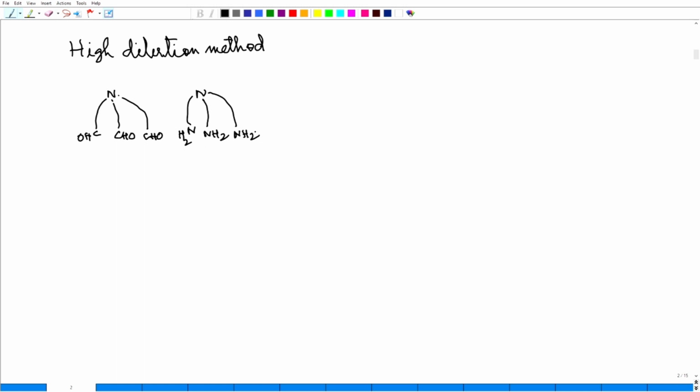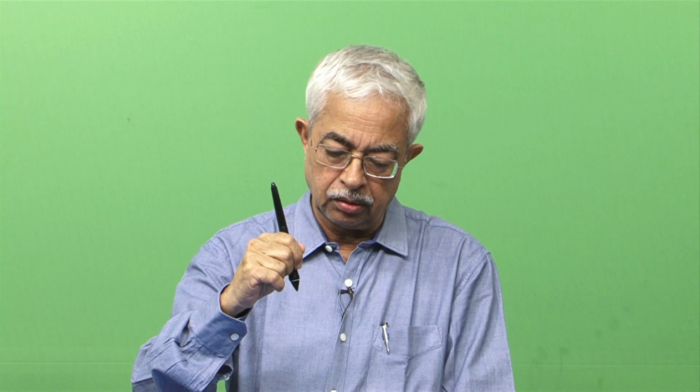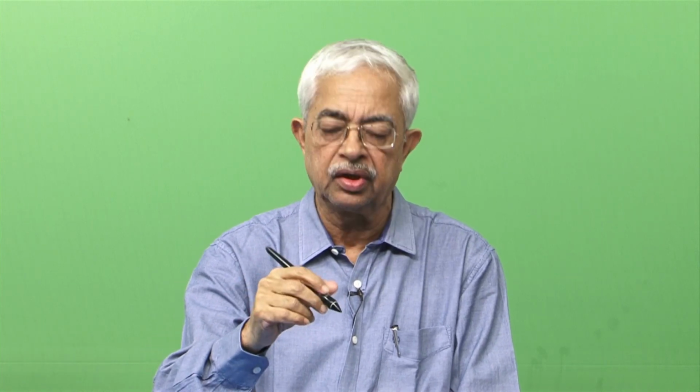That means what you have in solution is a very small amount of this trialdehyde, and we put a very dilute solution of amine from the top, that too drop wise, and not as slow as the high dilution technique, but